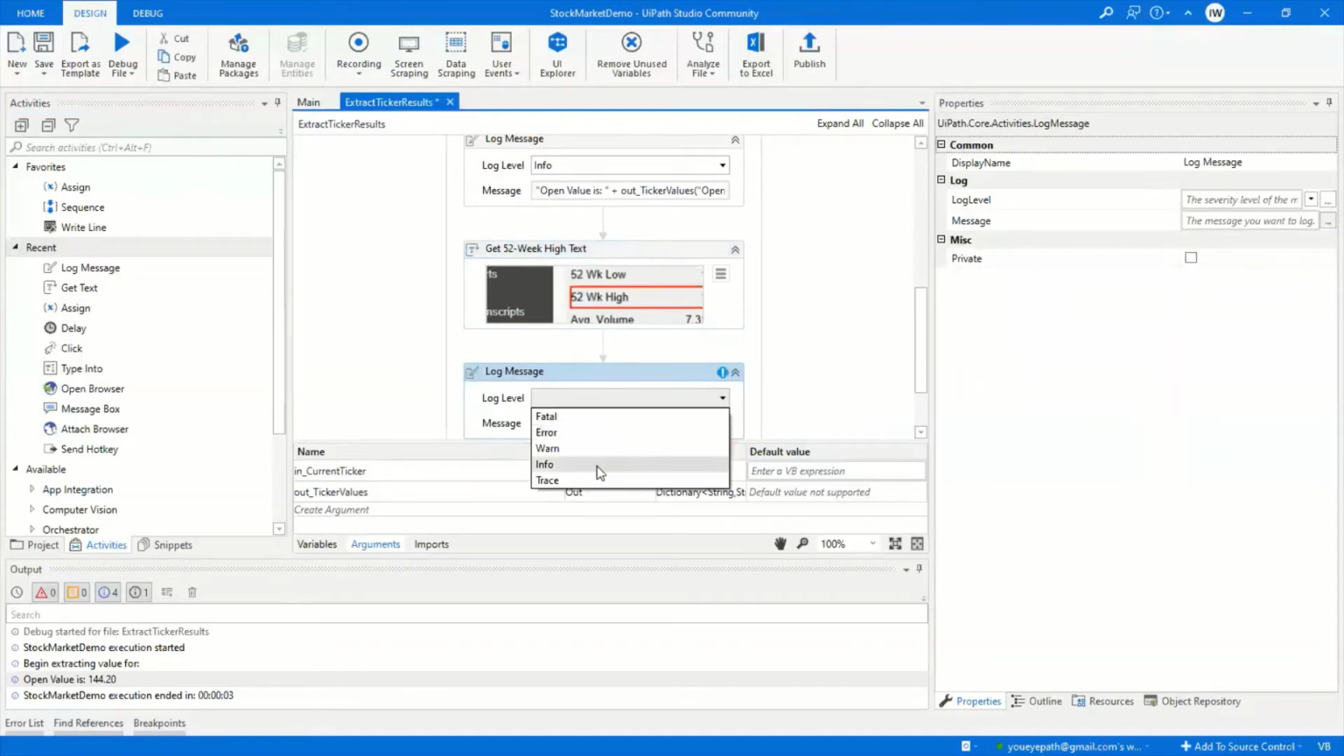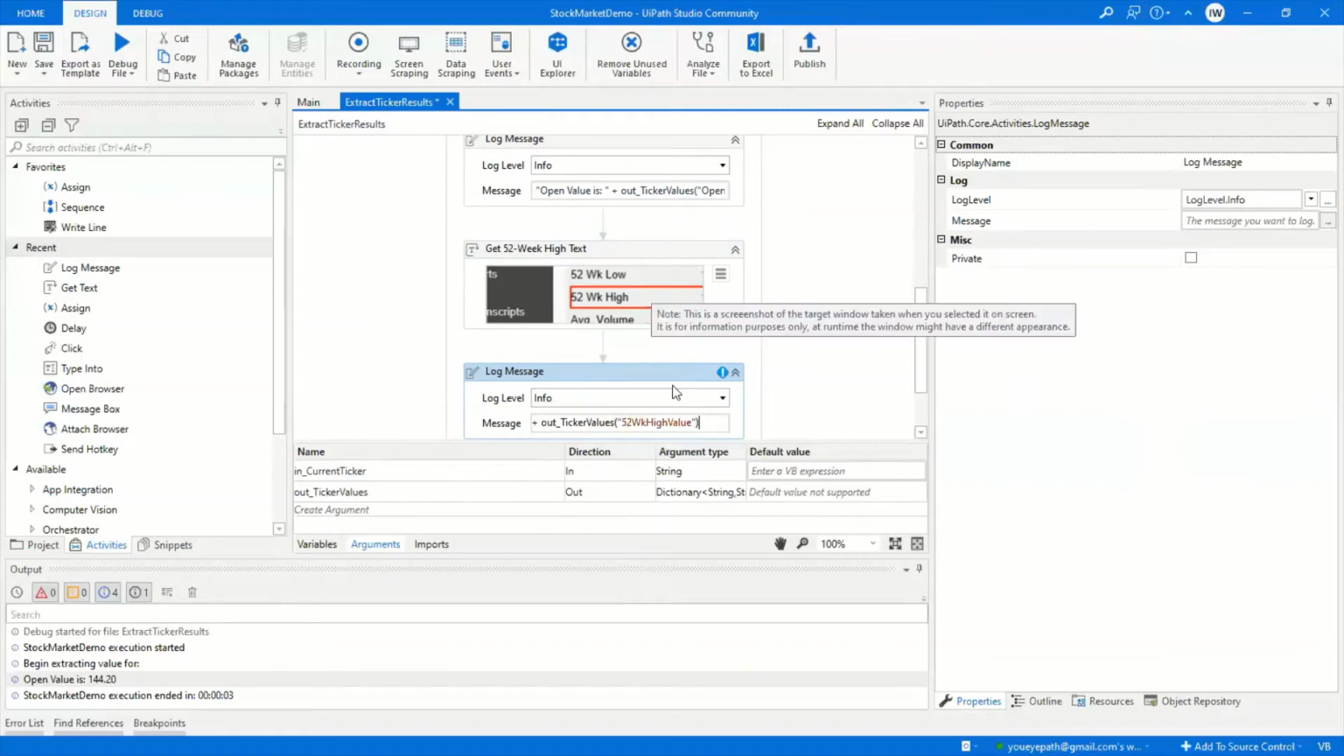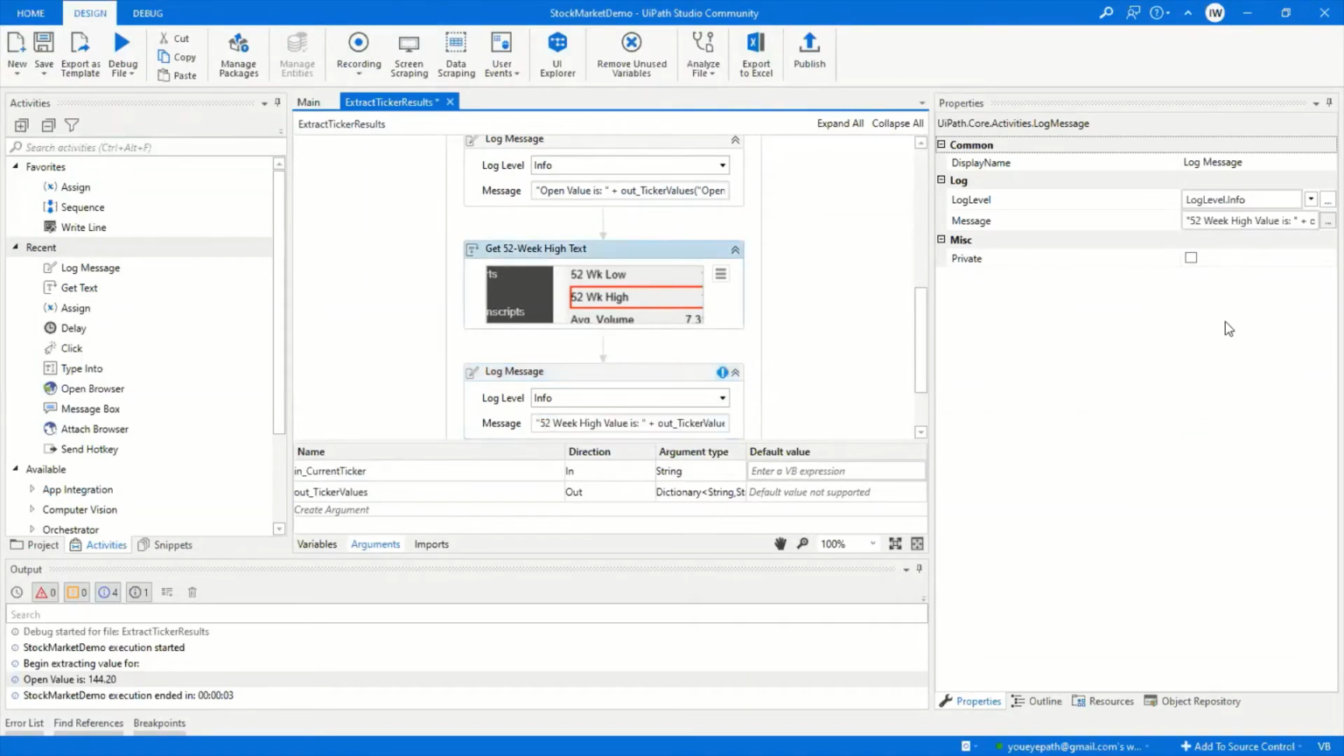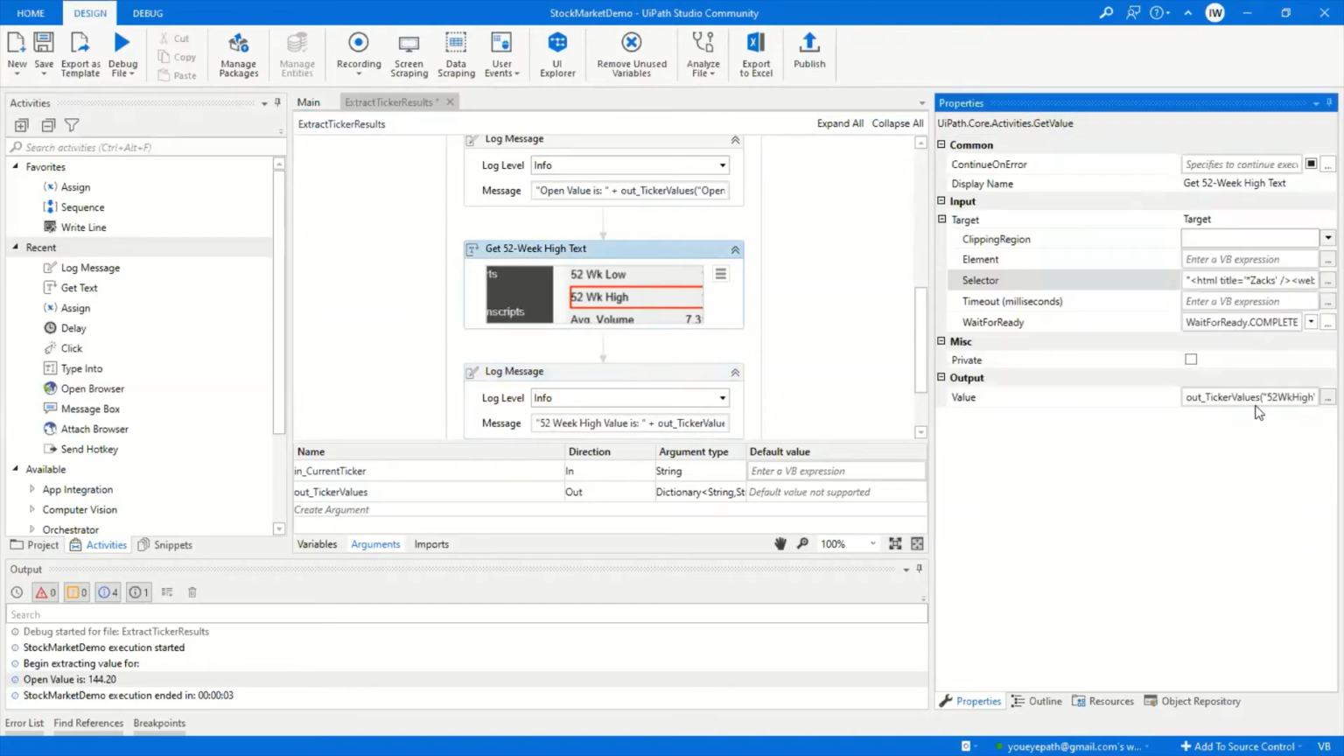So I'm bringing in another log message here as the informational, just like we did before. This time I want to say 52-week high value is, and in this case, out ticker values. In this case, the exact one I had, 52-week high value. Make sure this is exact here, what shows up right there. 52-week high value. So simply saying 52-week high value is,